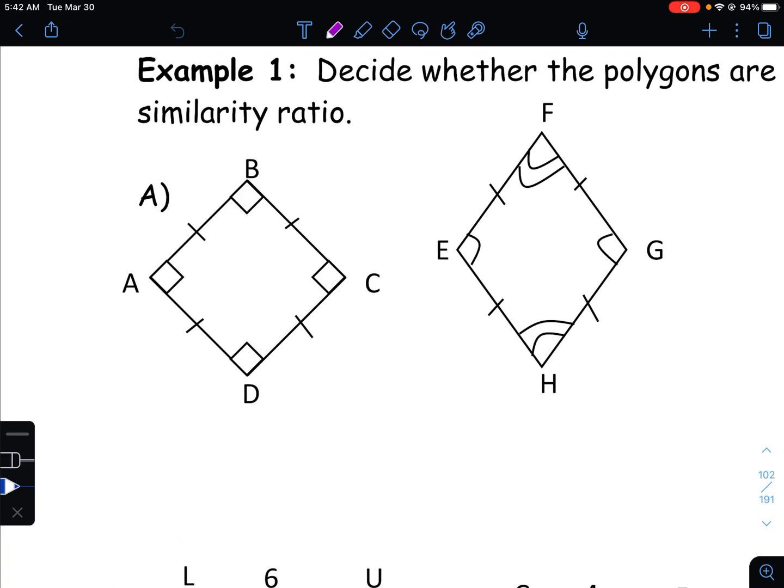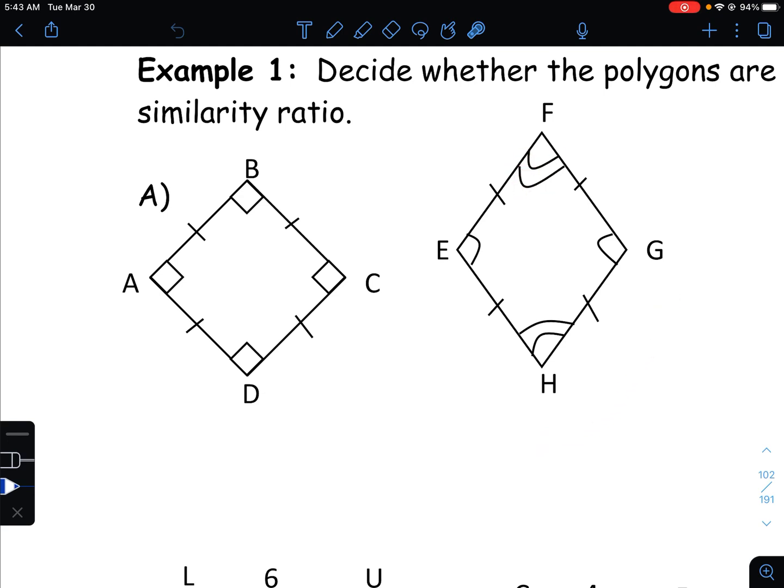So if we look at A, we can see that in this first one we've got 4 right angles. Okay, so this is clearly a square. And they show us that all the sides are equal, so again, square. And then if we look at this second polygon here,